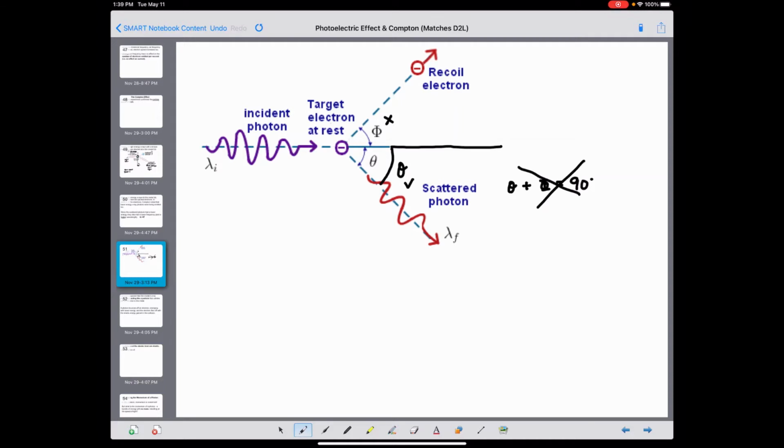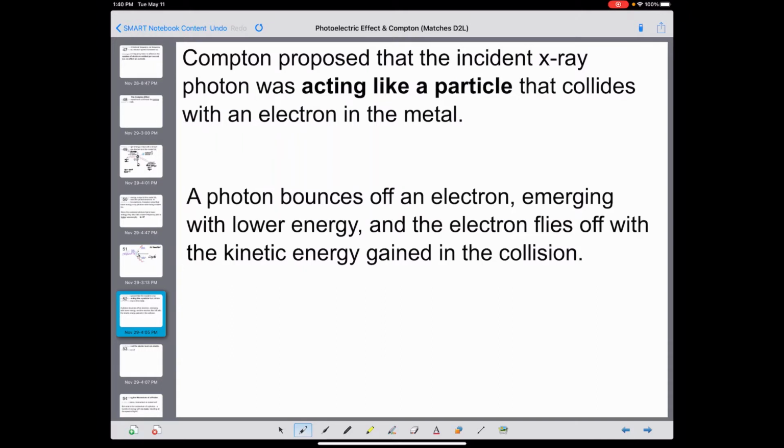Now, when Compton looked at a diagram like this, it made him think of momentum. Do you remember that 2D momentum lab that we did at the beginning of the semester where we had one puck that hit another puck and then both of them went off in two different directions after the collision? That looks exactly like this. It's the same thing. So that got Compton thinking about this. He said that the incident X-ray photon was acting like a particle that collided with another particle, an electron, basically making a 2D collision. And so he thought,